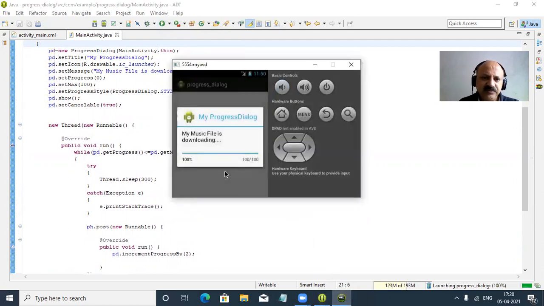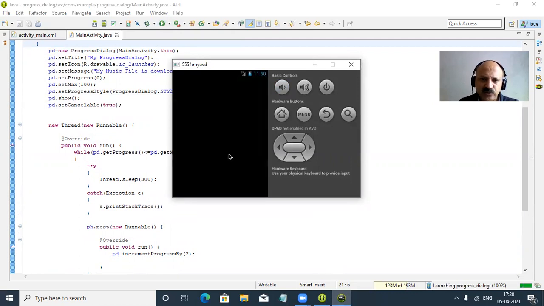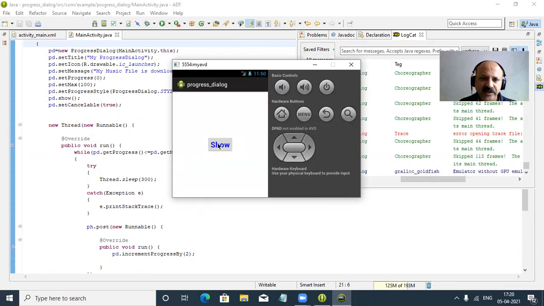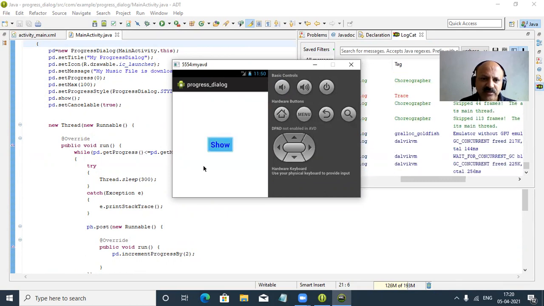So yes, our previous output is gone, and now our latest changed output is coming in a few seconds. So yes, that is very quick, and now I click.